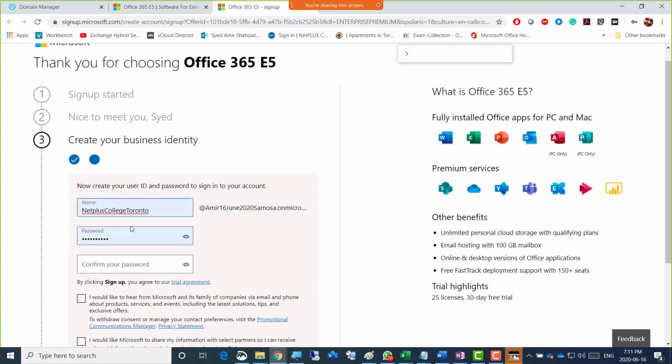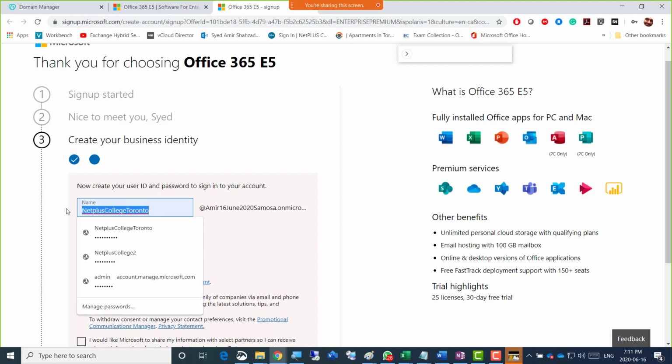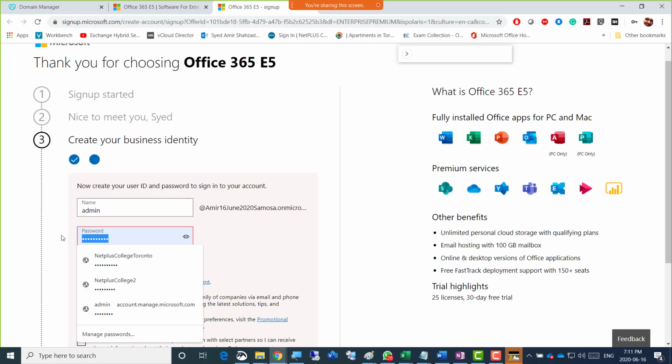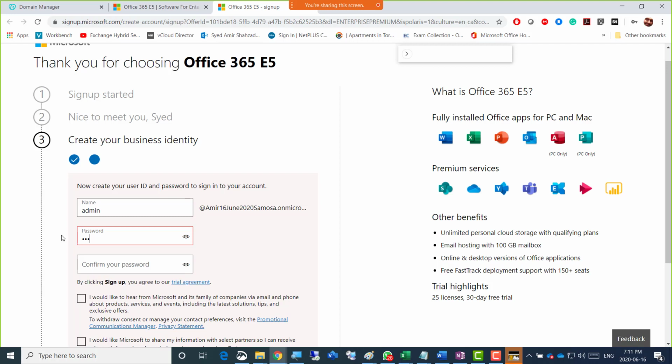I'll just put admin here to make it simple. Admin, and the password does not contain part of your email. So X, Y, Z, shift 1, 2, 3.